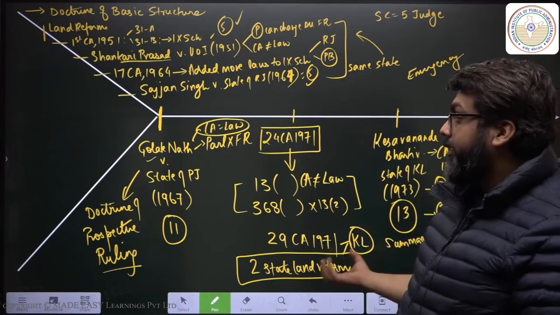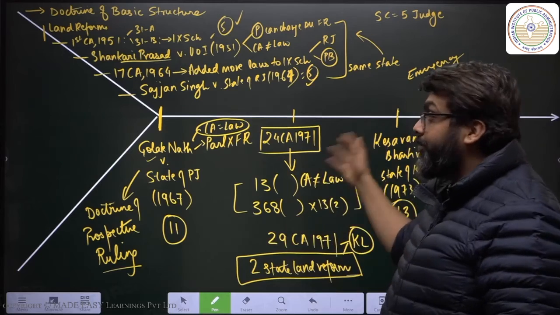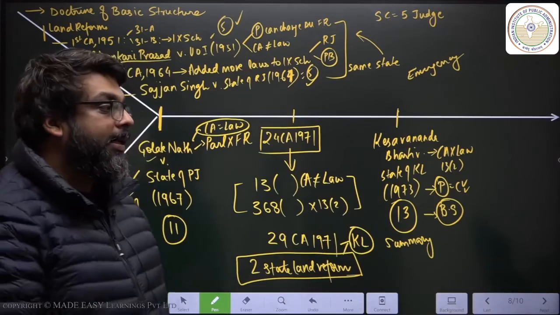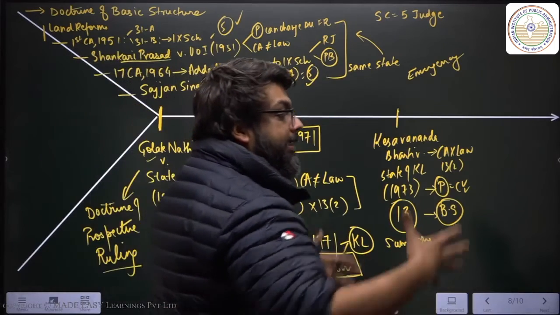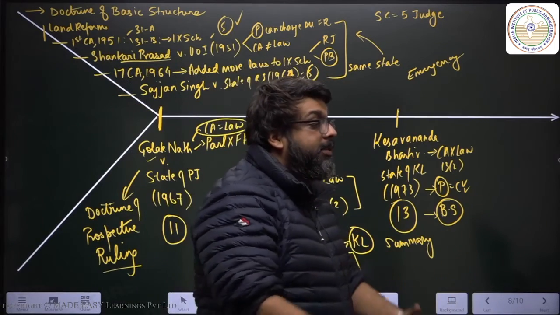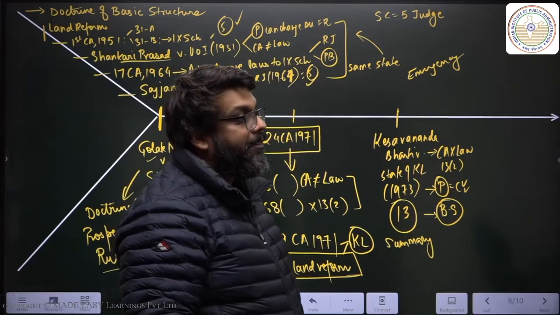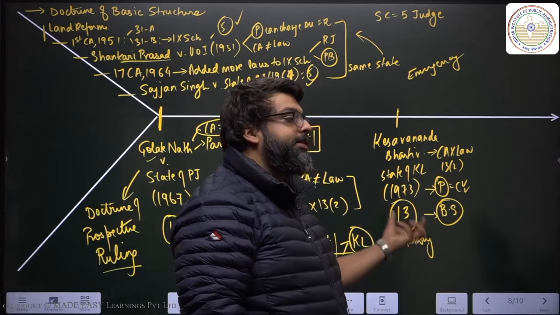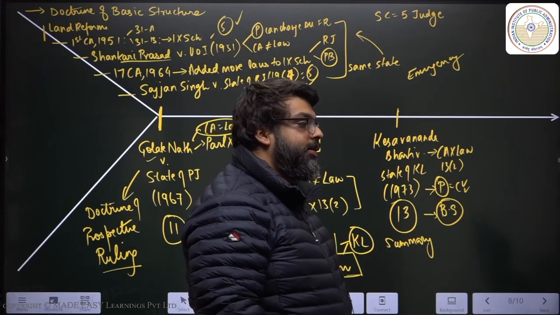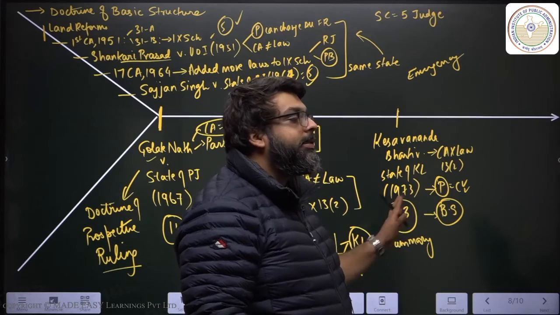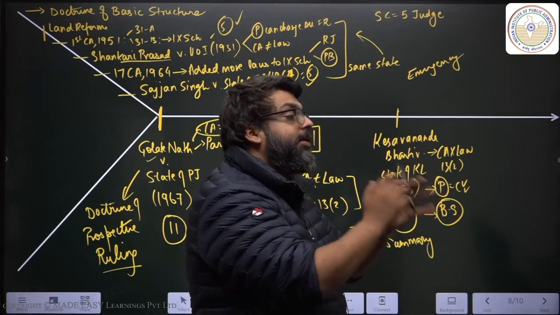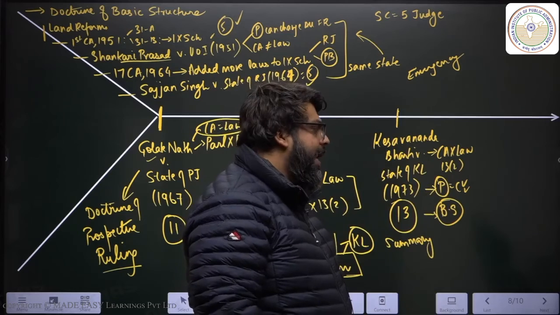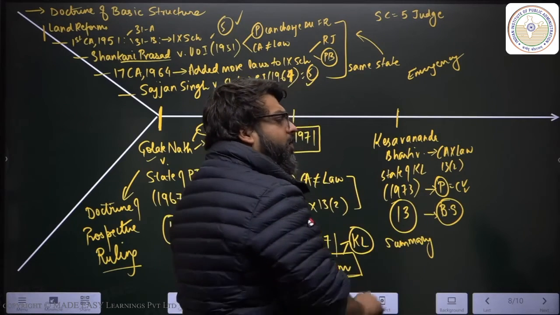A summary of this judgment was created. 2 judges refused to even sign this summary. One of the biggest criticisms of this judgment is that nobody still knows exactly what the judgment says because there are 13 different opinions. This is the highest ever bench set up in Supreme Court history. We've never had more than 13 judges sit together on a case. Never. And then the Supreme Court said, you know what?